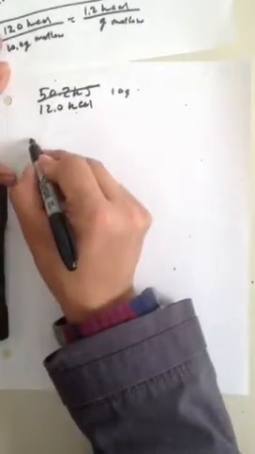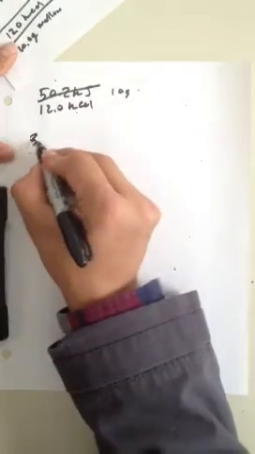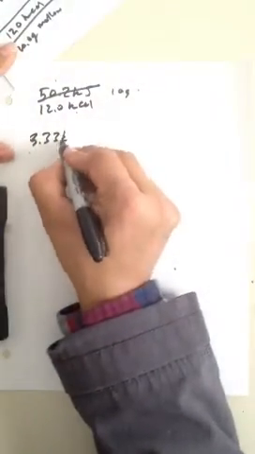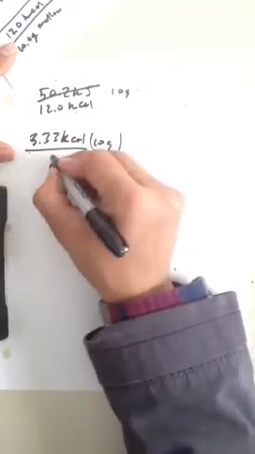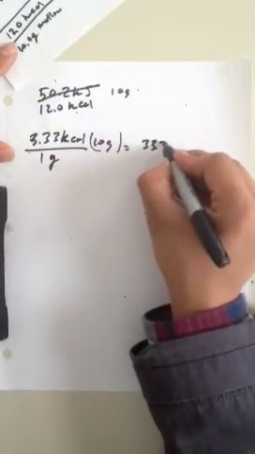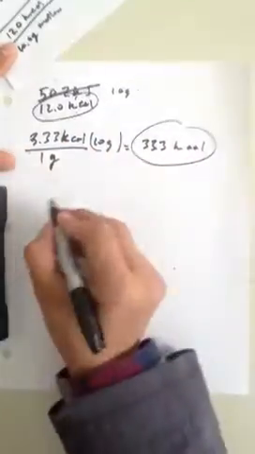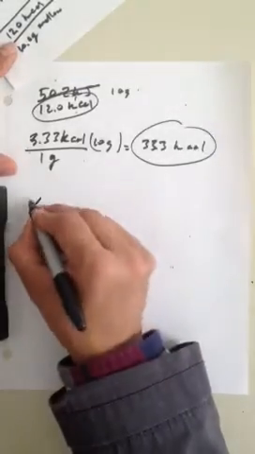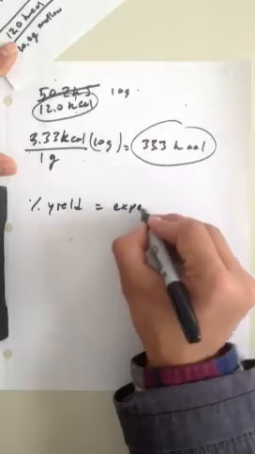So the package says that there are 3.33 kilocalories per gram, and we have 10 grams, so we should have 33.3 kilocalories, okay? But we only absorbed 12, so to find the percent yield, remember,